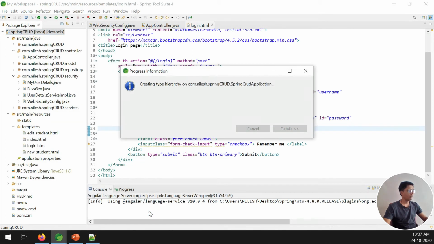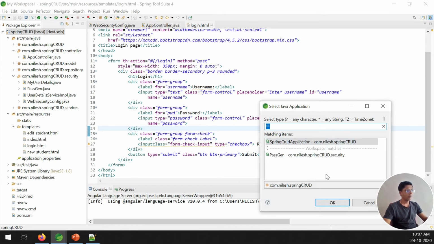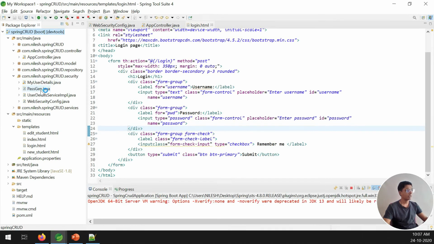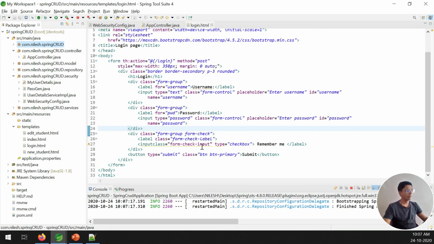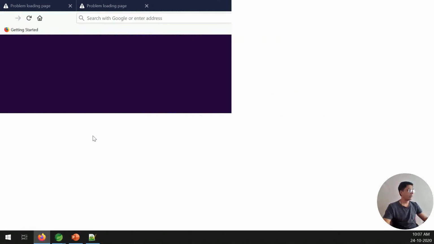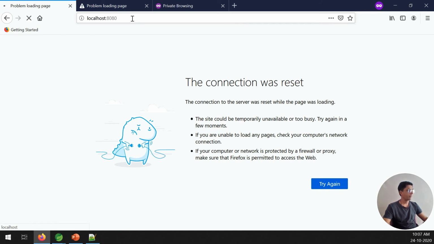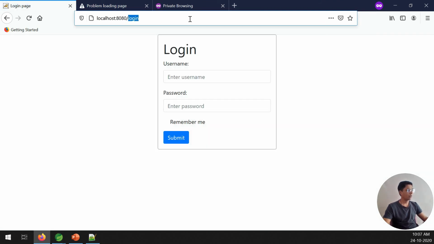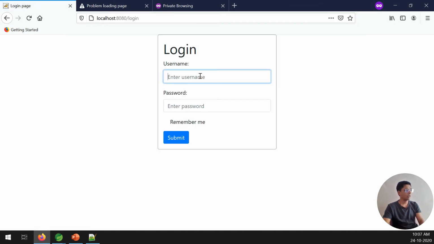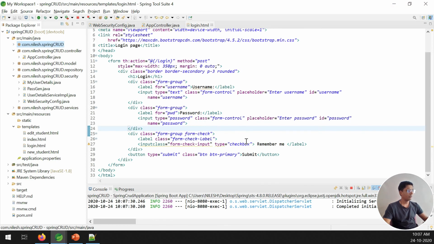Run as a Spring Boot application. So I want to execute this. I actually have two main methods, right? One is the password generator, and in this also I have one main method. So the execution asked me which main method I want to execute. So it's executed. Now I want to open this page. It directly forwards to the login page. I write over here just localhost 8080, and it forwards to the login page. Now this one is my own login page that I have created over here.